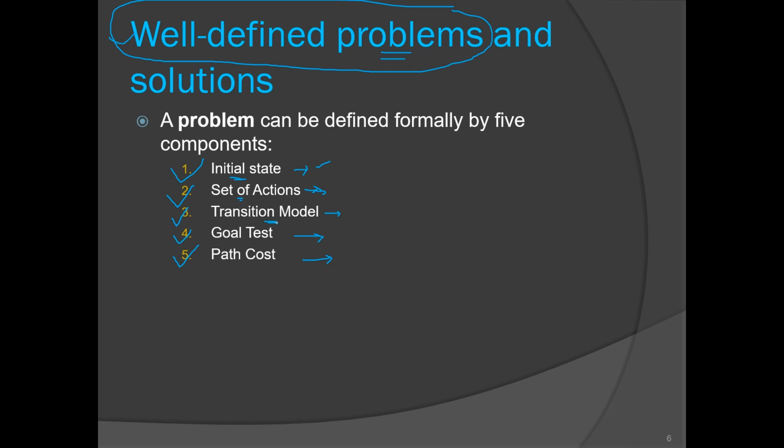Then the transition model. This transition model is actually a function on state and action. What is the meaning of this function? If I apply this action on this state, which state am I getting? I will be getting a new state, governed by this transition model. For example, in our previous example, S0 was my initial state, and if I apply a left action on that, I was getting the S1 state, right? Such a transition will be governed by this transition model. So this is a function, remember that.